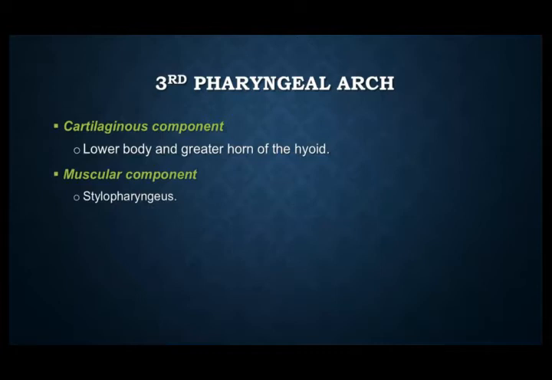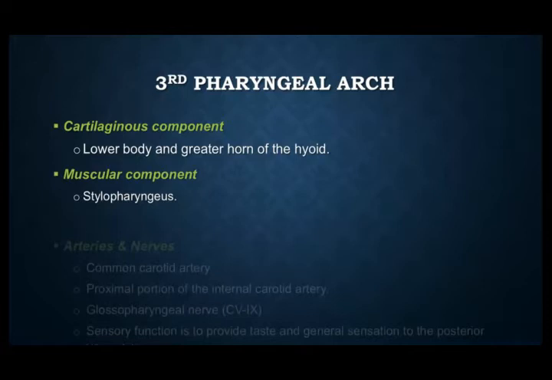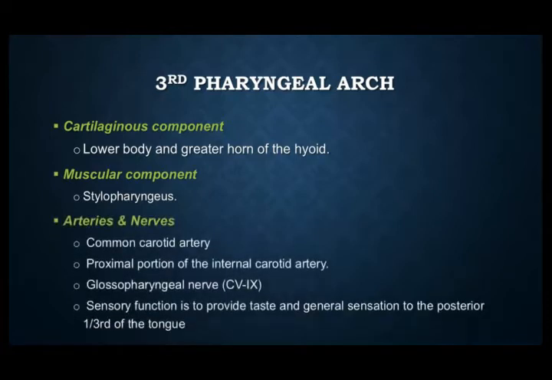So two of the other components are formed by the second pharyngeal arch. These are the two components of the hyoid bone that develop from the third pharyngeal arch. And then we have the muscular component, that is the stylopharyngeus muscle, that is going to arise from